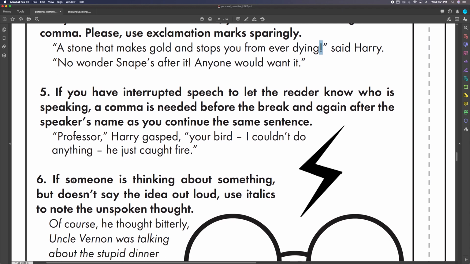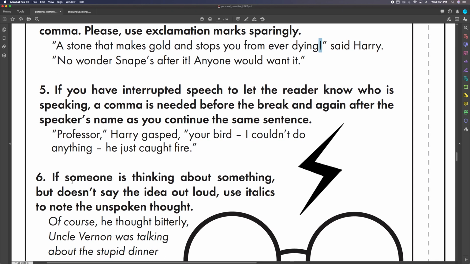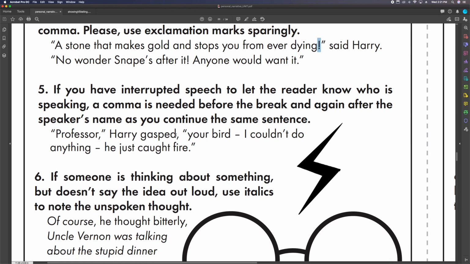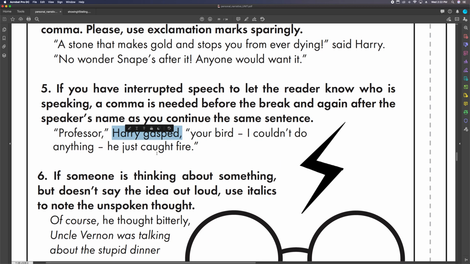Number five, if you're interrupting some speech, so you interrupt some speech to add your attributive tag. In this case, it's just a slight interruption with the attributive tag. "Professor," Harry gasped, "your bird. I couldn't do anything. He just caught fire." So, this is not the end of the quote, but because Harry gasped is not part of the out loud dialogue, the attributive tag is not in quotation marks.